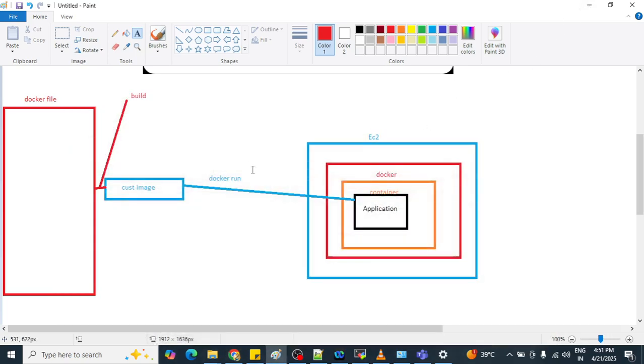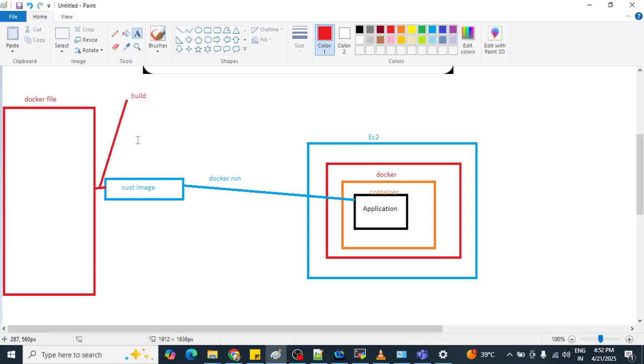So now, in my previous example, we imported our images through docker hub. We are taking the images which are already present on docker hub. But if we want to create our own custom images, then we need to write a docker file, and in that docker file we need to give some instructions.